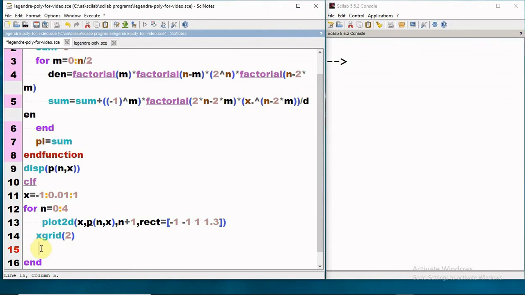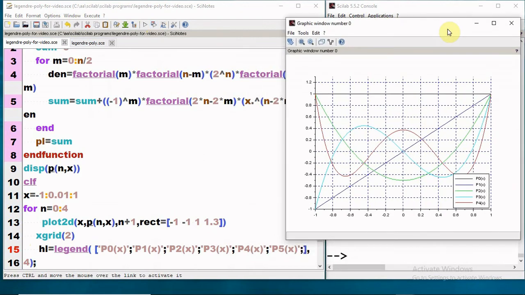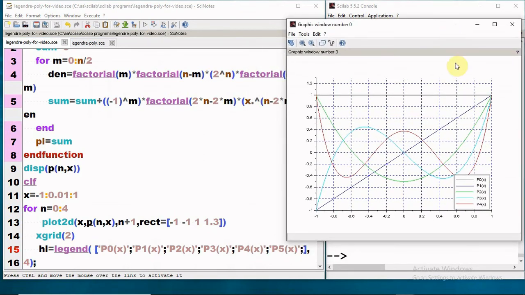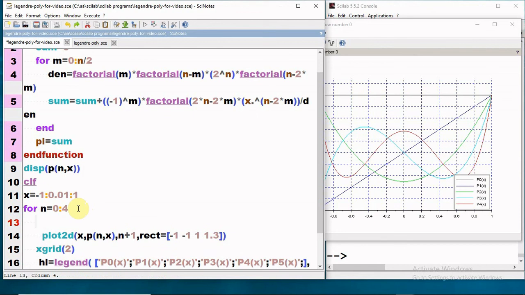Now we'll see how the legends can be given. If I use this command and execute it, we see that we are getting the legends. Since I am plotting 5 curves, I am getting the 5 legends here. Now let us see how we can plot the graphs in sub-windows. For that we have to use the subplot command and make a small change in the program, and we'll get the subplots.